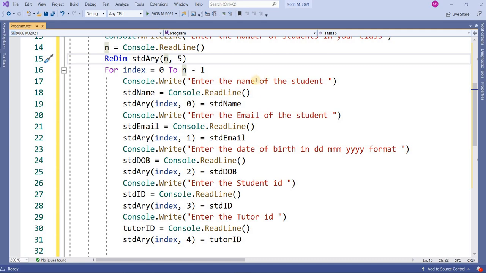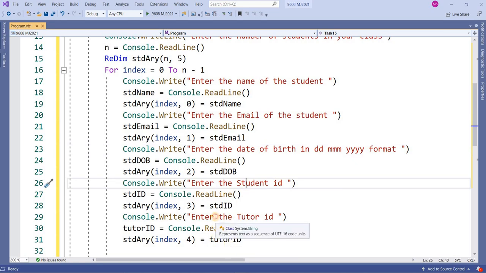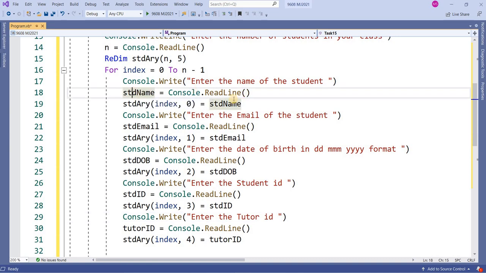It will ask to enter the name, email ID, date of birth, student ID, and tutor ID. It will store into their respective variables, and after this I am storing these variables to the index, meaning row 0 and 0 column, then row 0 and column 1 email, row 0 and 2nd column date of birth, row 0 and 3rd column student ID, row 0 and column 4 tutor ID.